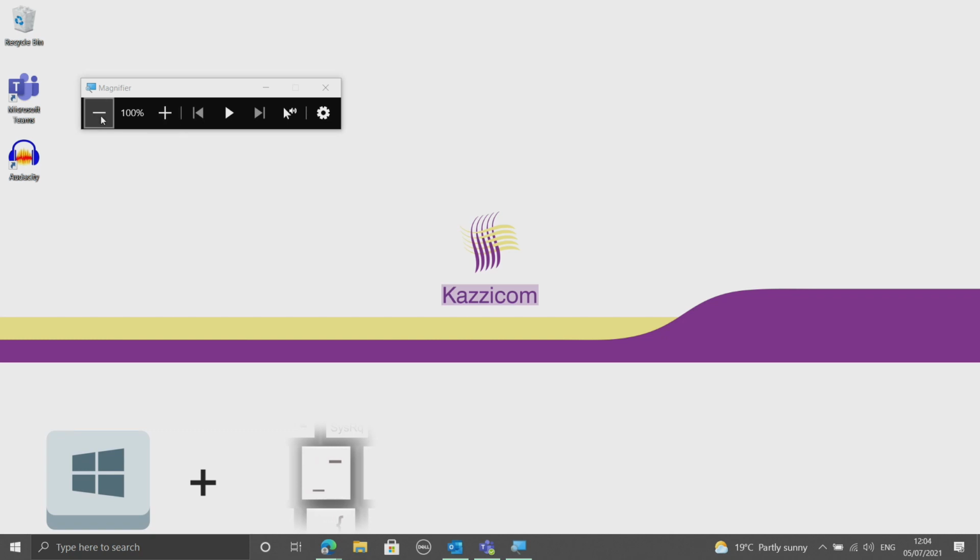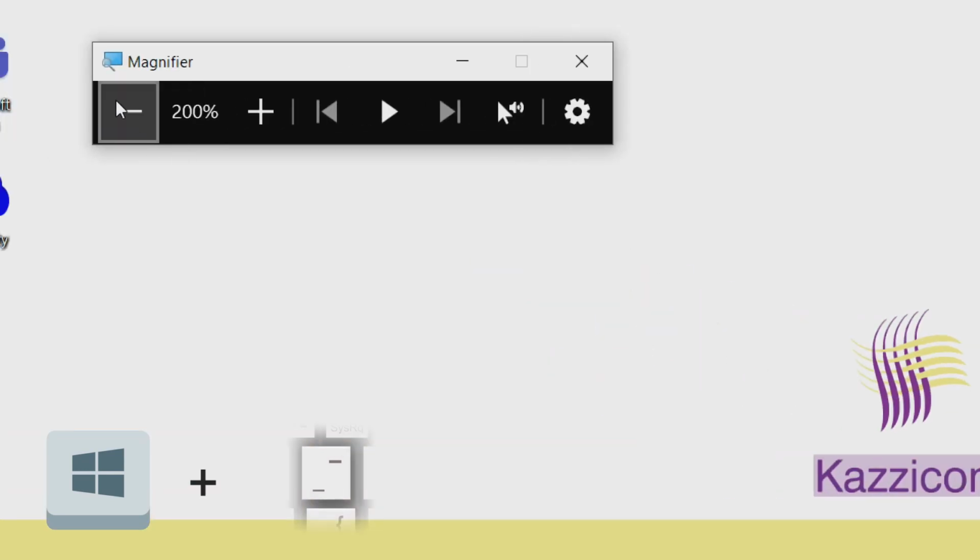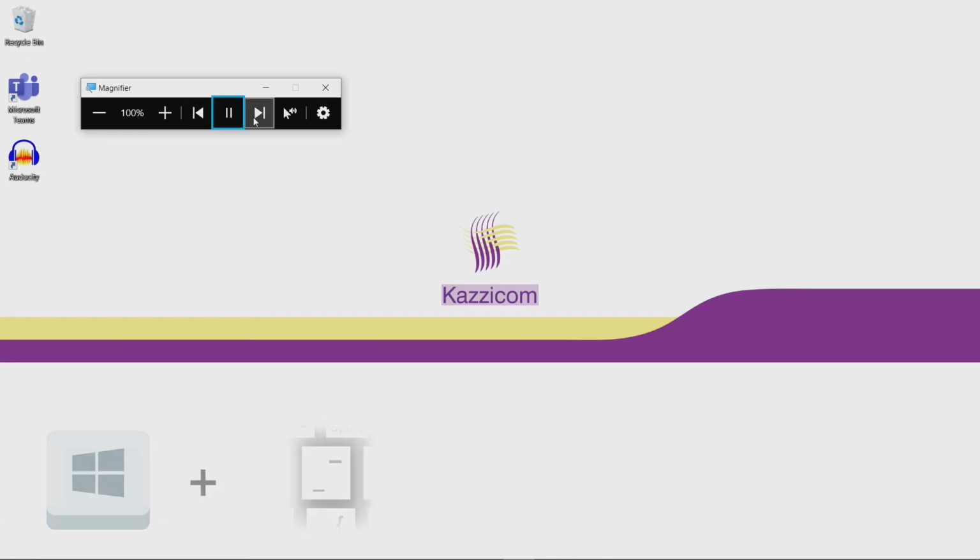You can also control it from this app here. Obviously the minus key would zoom you out, and the plus key would zoom you in. The play/pause key will enable talkback. So with talkback on,